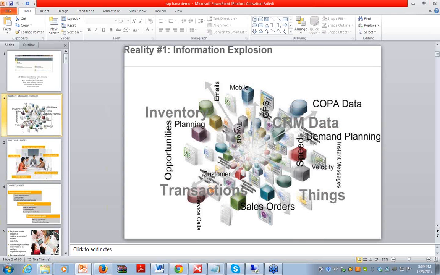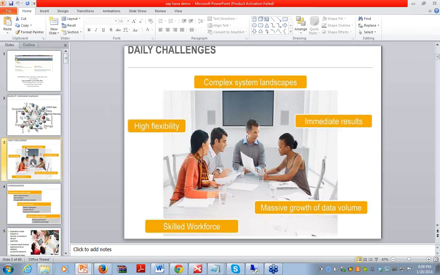In the sense, this is a very complex system landscape. Whenever we have a very complex system landscape, getting immediate results for reporting as per the requirements of the business users is very difficult. High flexibility, we require a very skilled workforce and